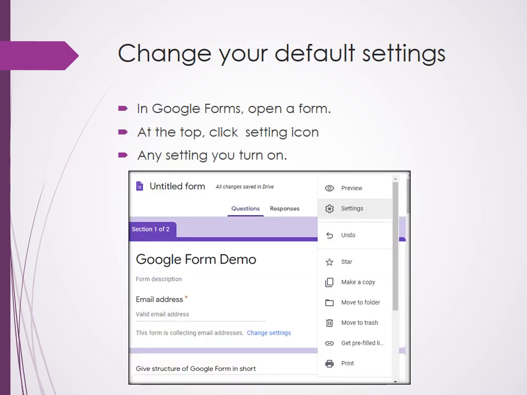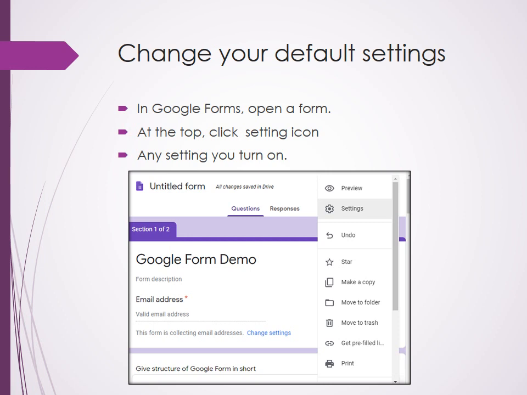Now, changing your default settings. So far we have seen the form looking white in color and having a blue strip in the title. This kind of thing we may change. We may have different themes. If we click on the settings, at the top right you will have a number of buttons, which may vary depending on the version and the particular browser, but these are there. These will be available with the menu.